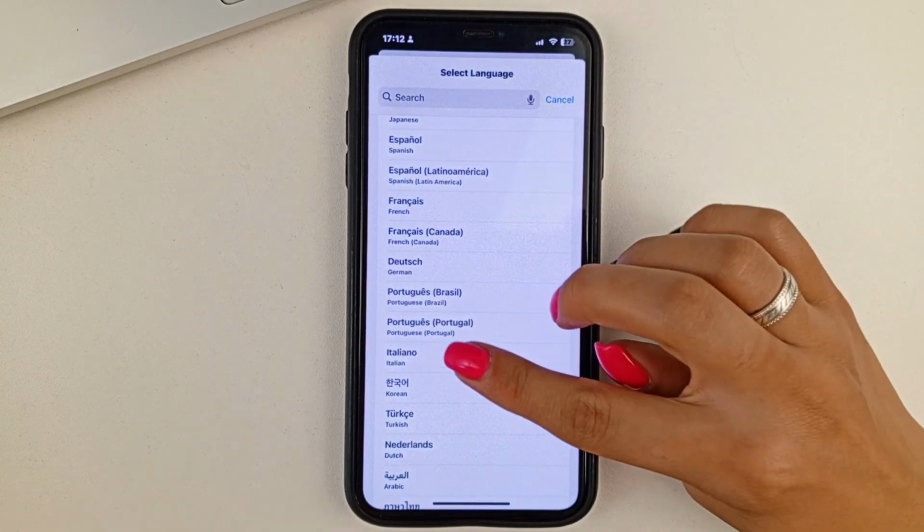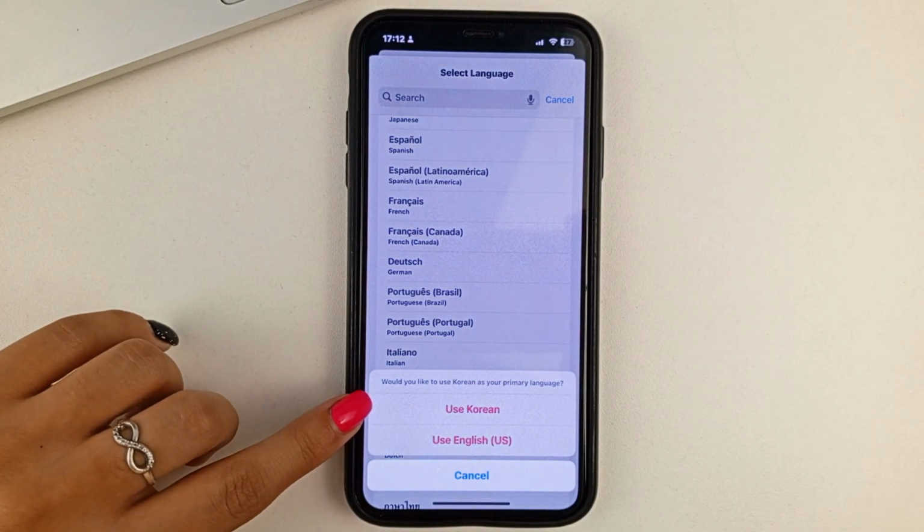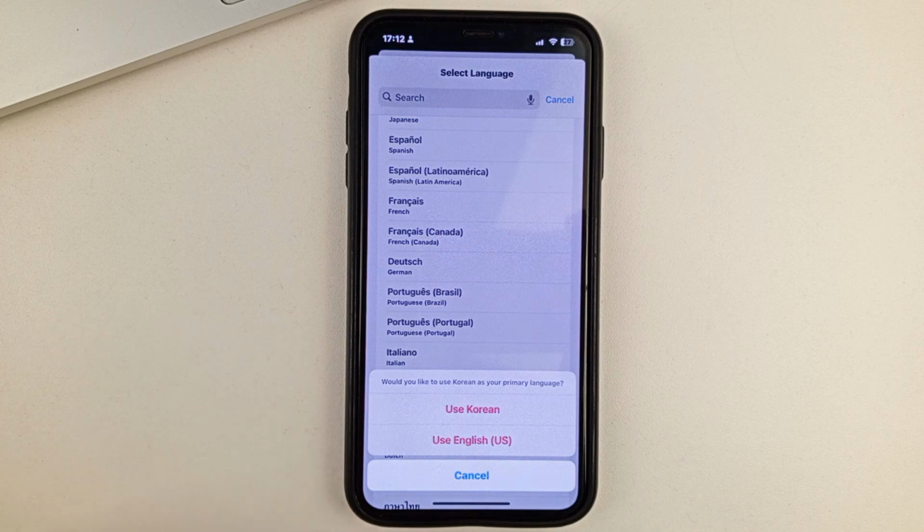Let's say I'm going to choose Korean. And then you're going to have to click to switch to Korean. So, folks, you're going to switch to the language, and automatically that language will be applied to the YouTube app. But I'll note that this way not only the YouTube app, but your entire device will switch to another language. All the settings on your phone.